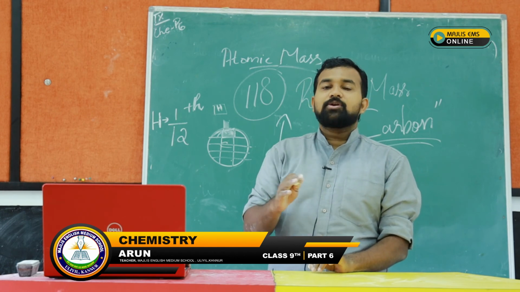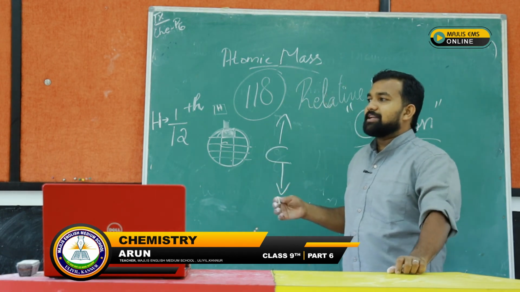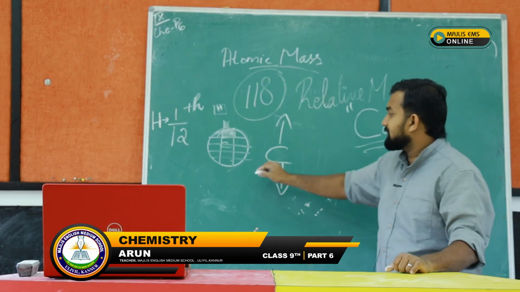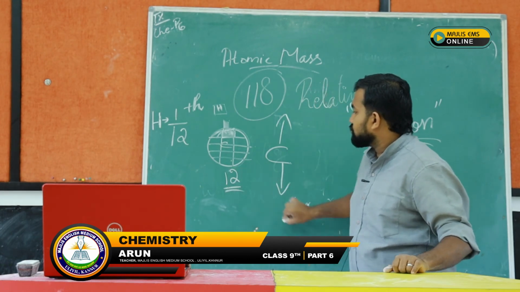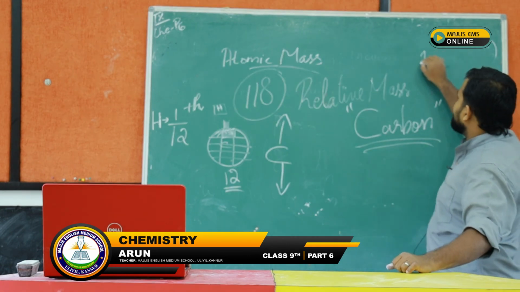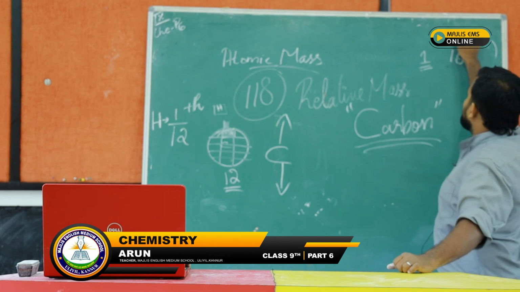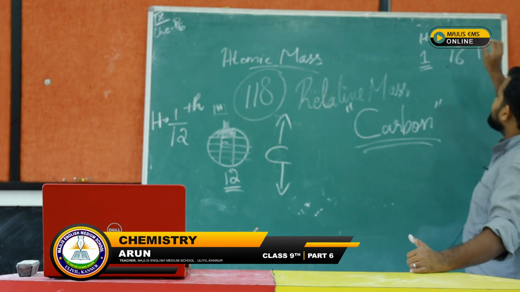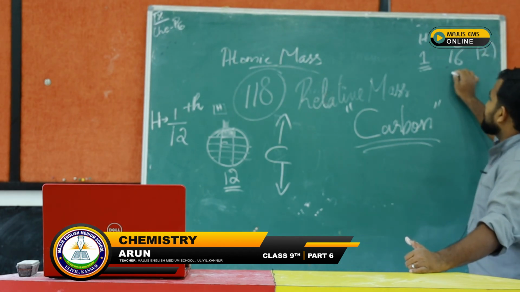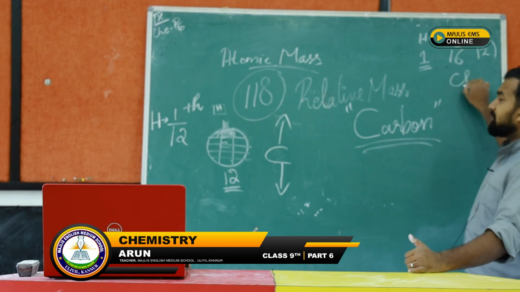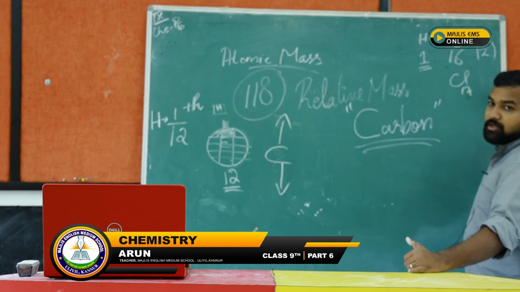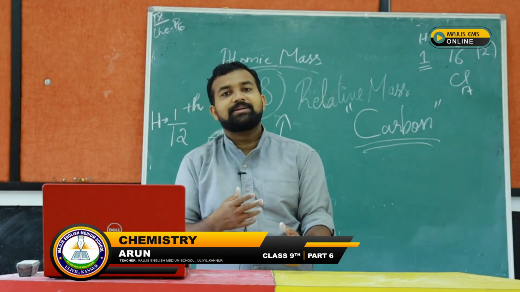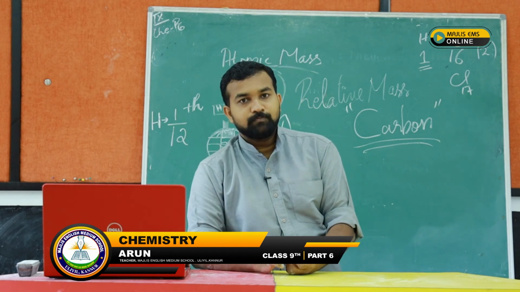Today we are not taking the relative mass, we are taking the atomic mass itself. So today what we will say is, carbon has atomic mass 12, hydrogen has atomic mass 1, oxygen has atomic mass 16, and so it goes on like that. Chlorine has atomic mass 17. So today we are following another method. That we will discuss more in the next classes. So thank you.